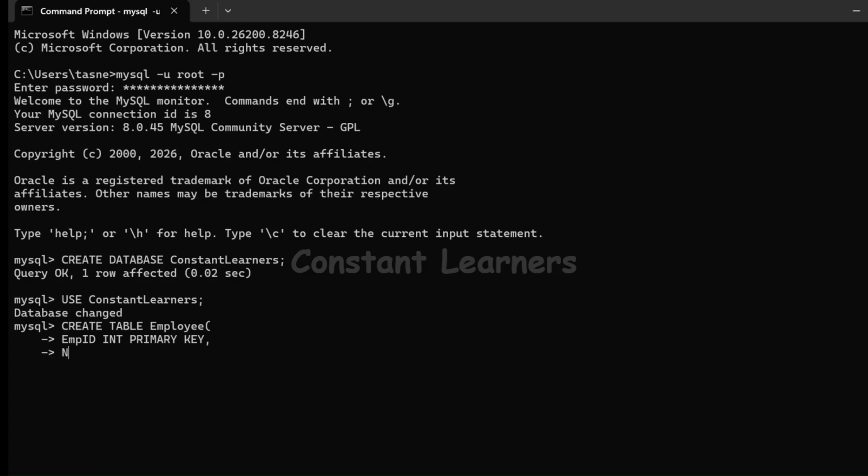Next column is name column. Name, again, you can write all caps, you can write all small, like uppercase, all lowercase. I'm giving it like this. And SQL is a case sensitive language, so you have to make sure that you use the correct names for your tables, databases and columns. Now, the name column will have varchar, okay?